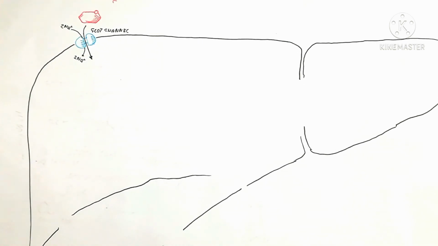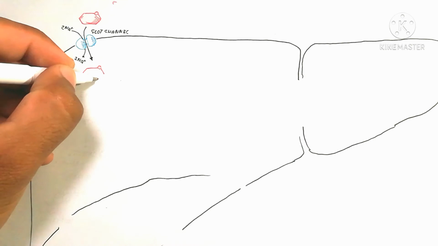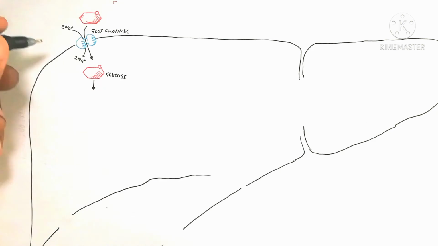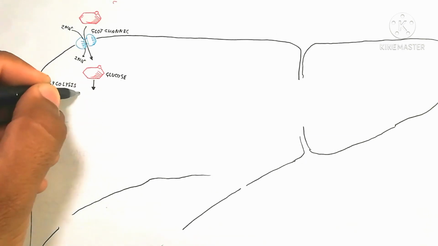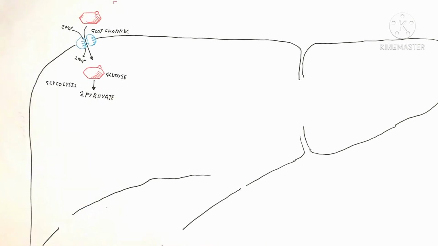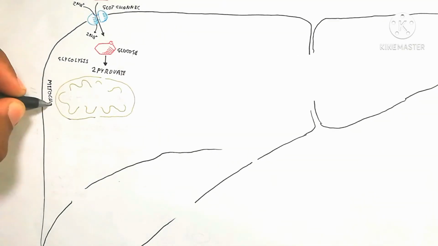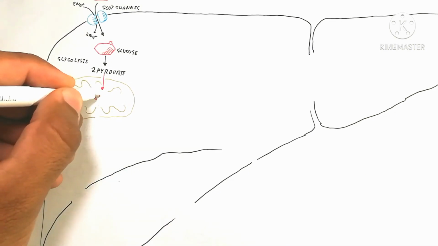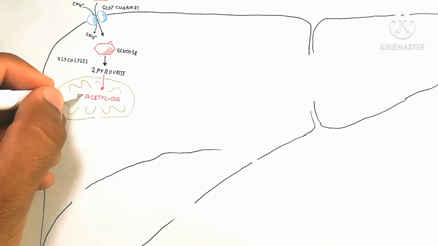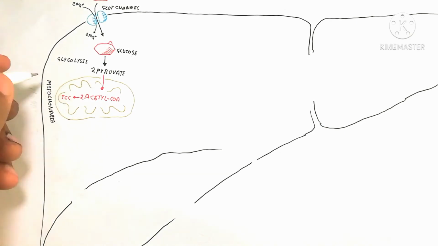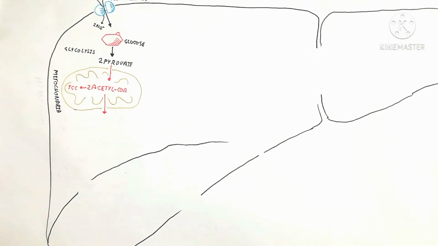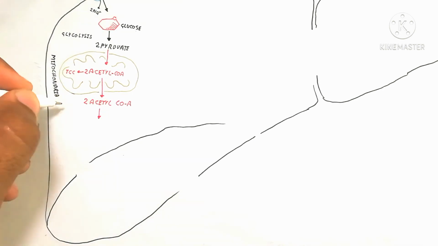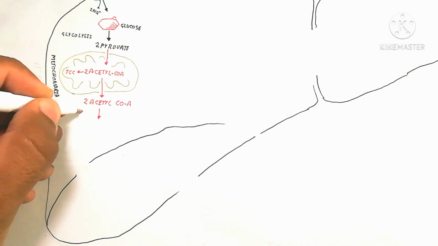Here is the liver, which absorbs glucose from the bloodstream through the GLUT channel by active transport using ATP, where two sodium molecules enter with one molecule of glucose. This molecule goes into glycolysis to produce 2 pyruvate, and these 2 pyruvate go into the mitochondria to produce acetyl-CoA. This acetyl-CoA goes into the tricarboxylic acid cycle, citric acid cycle or Krebs cycle, or else exits from the mitochondria